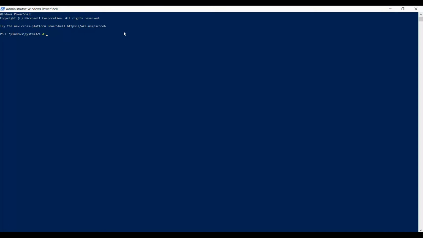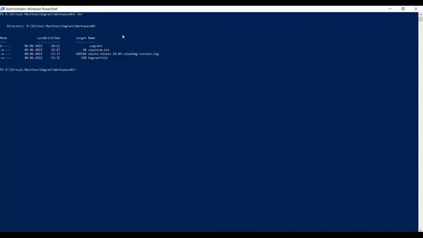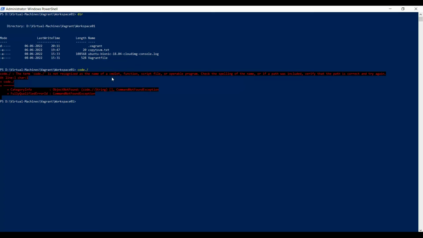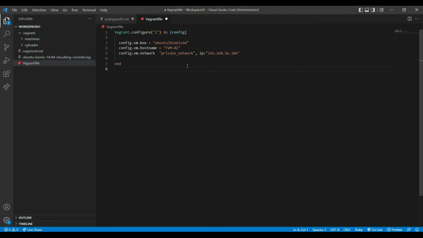Let's navigate to the place where I'm going to use this. Let's open the file from here. This is the file from my last video, and this is the command we use to provision the VM. Additionally, I'm going to customize this VM. Let me start with